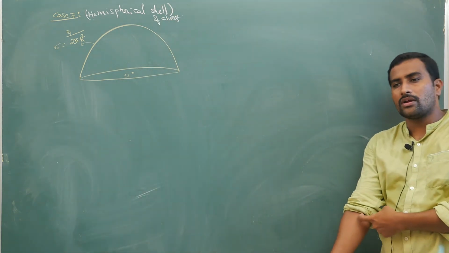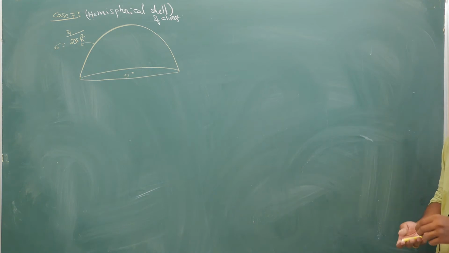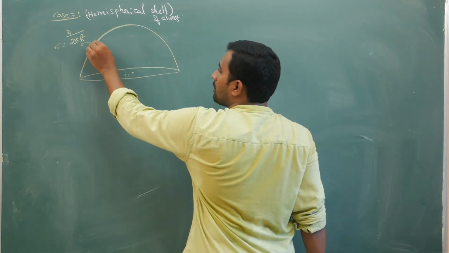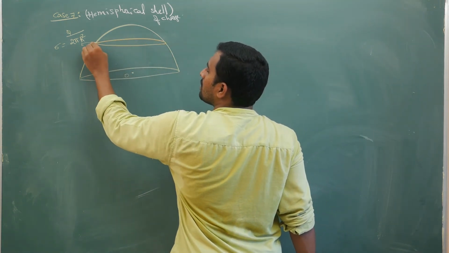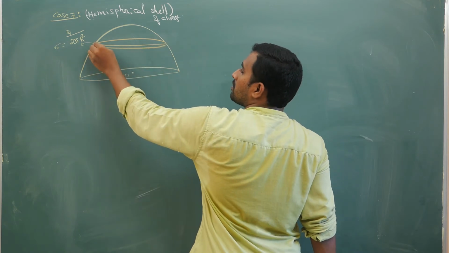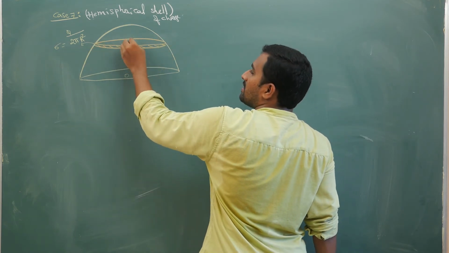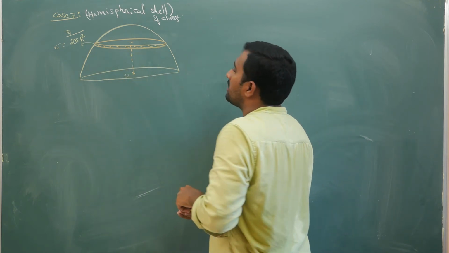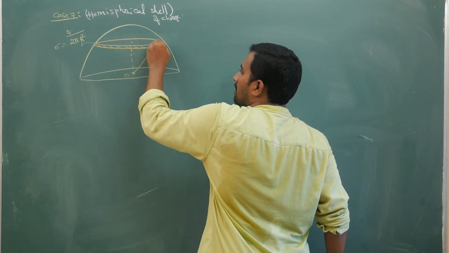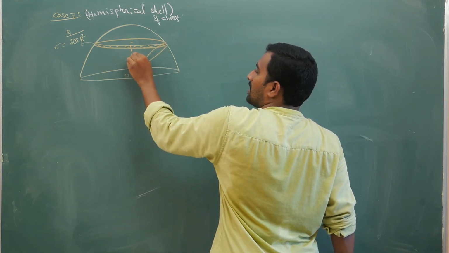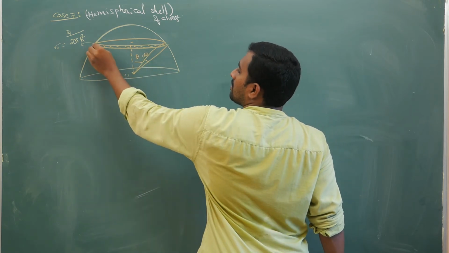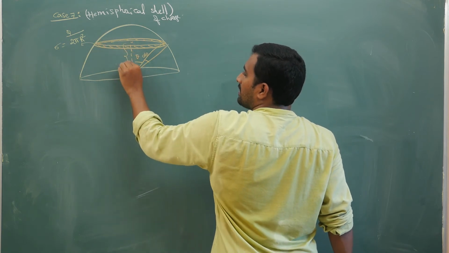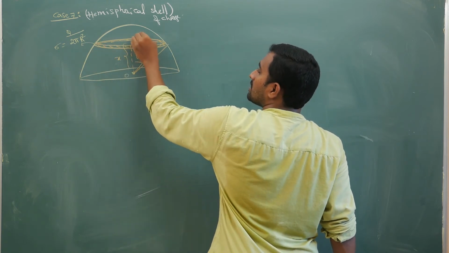Okay, now if you remember, I have explained previously clearly how to take a strip for these kind of objects. So for these kind of objects, this is how you are supposed to take the ring. So for this ring, if you are taking a small strip here, this angle if it is theta, this is d theta. Now your charge ring will be like this. Now let us say this distance is x, this distance is small r.